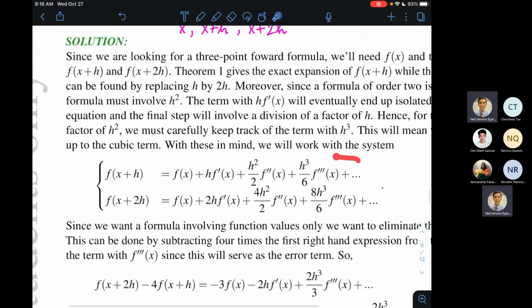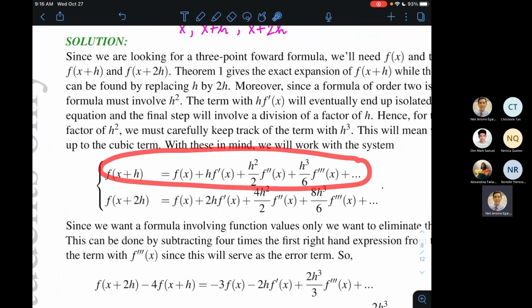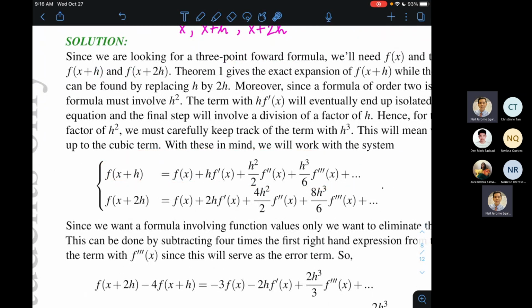Kinuha ko yung expansion ni f of x plus h considering until h cube over 6 f triple prime. Okay. Kaya hanggang doon yung kinonsider ko lang. I don't care about the rest of the terms there kasi hindi naman siya magma-matter later. Ito lang yung gusto kong i-analyze talaga para magkaroon ng idea about the error. And then,